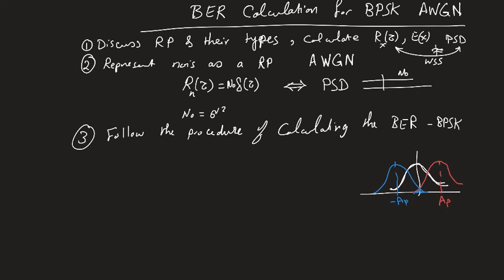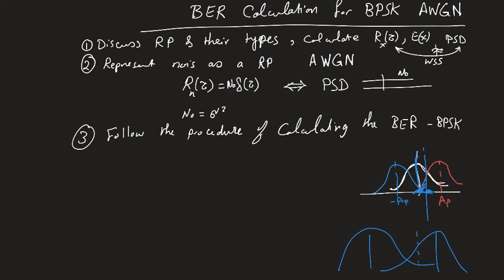Also, if the detection threshold is not here, maybe let's say that the detection threshold for some reason is something other than 0, to say that this is a 1 or this is a 0, then the area that you need to calculate is going to be the bigger area for this curve and the smaller area for the other curve coming after. So, for example, if these are the two curves, right, around the AP and the minus AP,